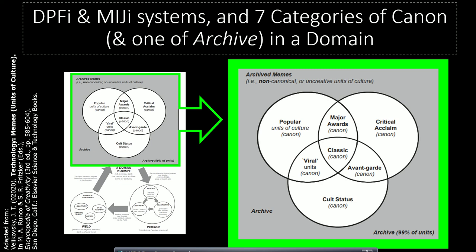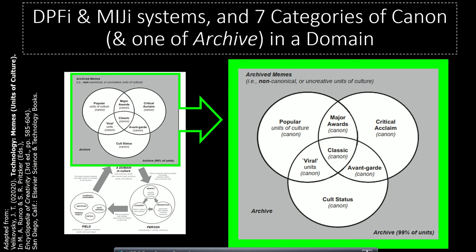This is a 3-part model that I included in the article. I'm synthesizing ideas of D.K. Simonton, Mihai Csikszentmihalyi, R.K. Sawyer, and essentially ideas from the Newcastle School of Creativity. So if we zoom in to the top section there, we have the domain, because in the left hand, the top 3 overlapping circles is the domain, the bottom right is the person, and the bottom left is the field or